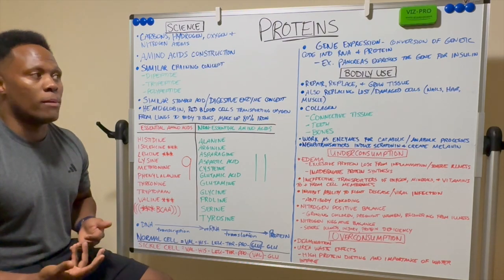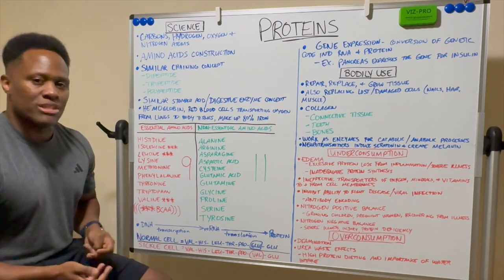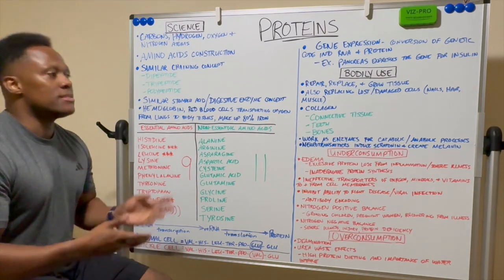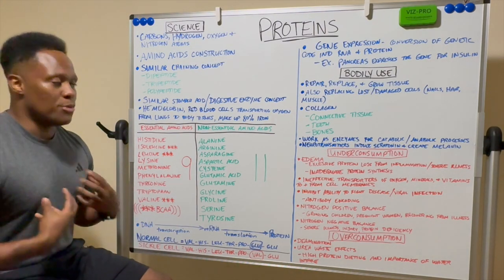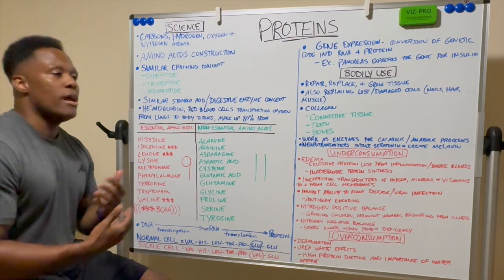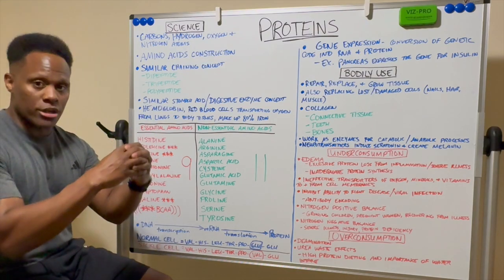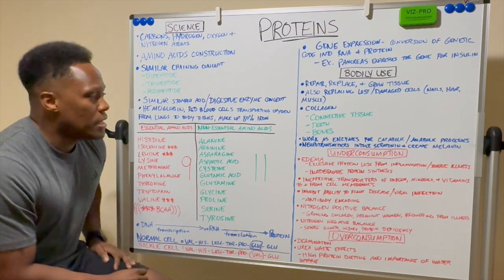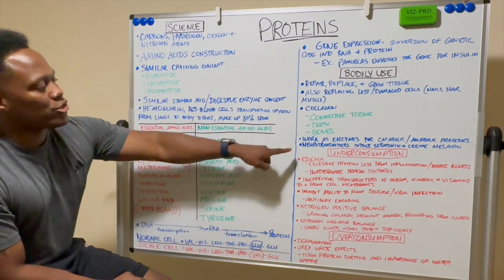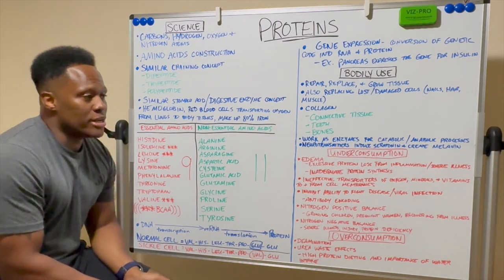People who want to put on more muscle mass are typically told to increase their protein intake, because that's the anabolic process. Your body's in the anabolic state where, because your muscle fibers are torn, the protein will help build those muscles back up and make them bigger and stronger. Okay, so lastly, they also act as neurotransmitters. They can induce serotonin and create melanin.